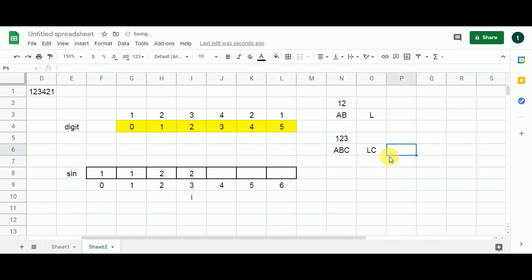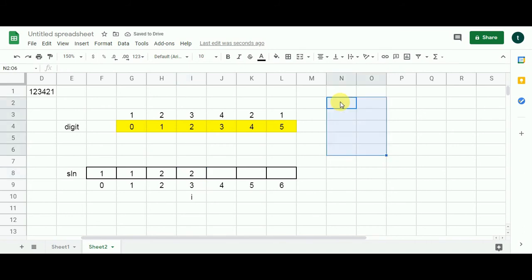As you can see, we had 2 over here and we are getting 2 over here. That's why I'm saying that the number of possible decodings of the current subproblem is going to be at least the number of possible decodings of the previous subproblem. That is why we are bringing 2 over here. So I hope this is clear to you now.